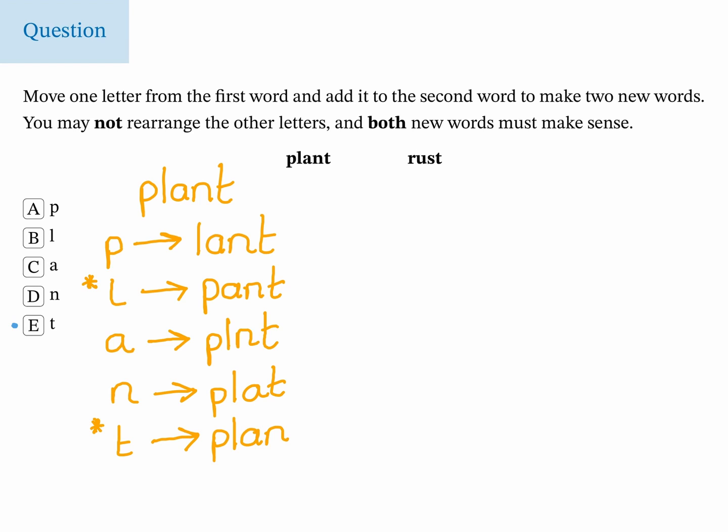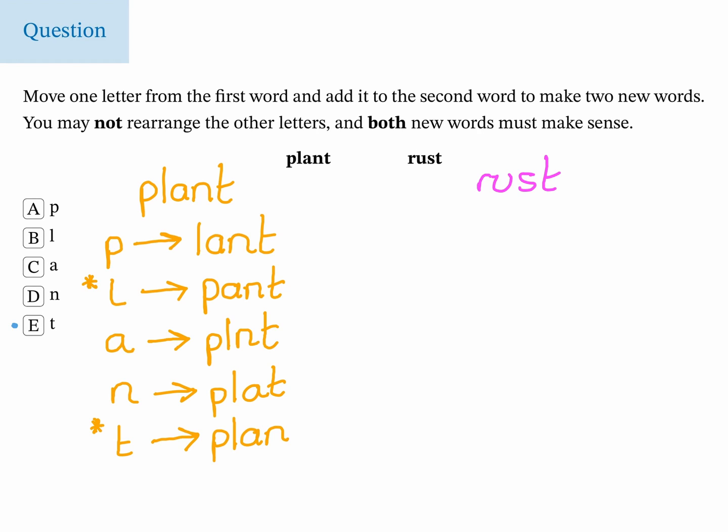Okay, so at this point, we can't just say, well, it must be this letter and move on to the next question. We now need to consider whether we can put the L or the T into the word rust to create a brand new word. So again, let's do a similar approach to last time. And the easiest way to look at this is to start by putting the letter at the very beginning of the second word and at the very end of the second word,